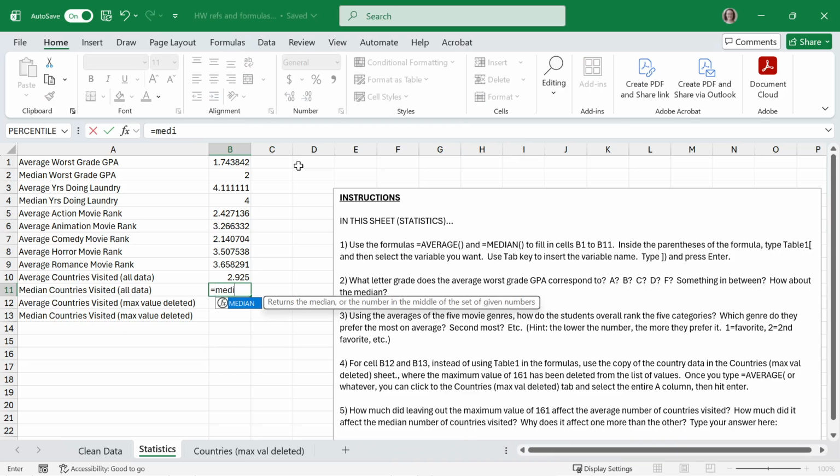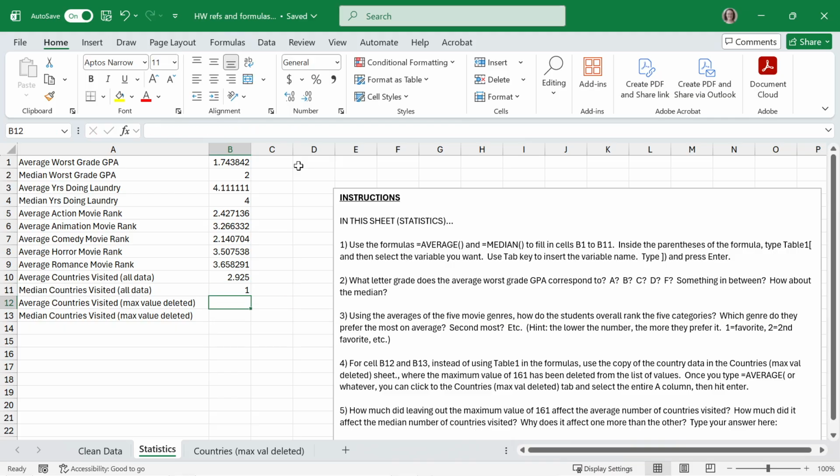And then the median countries visited. So median, table, bracket, countries, tab, bracket. Okay. And then what's going on with these last 2 here is I actually wanted to see what happens if we delete the maximum answer to the countries visited question, because there was someone who said that they had been to